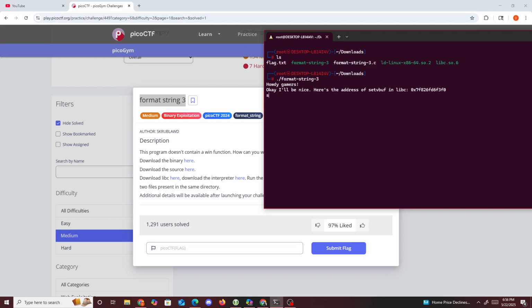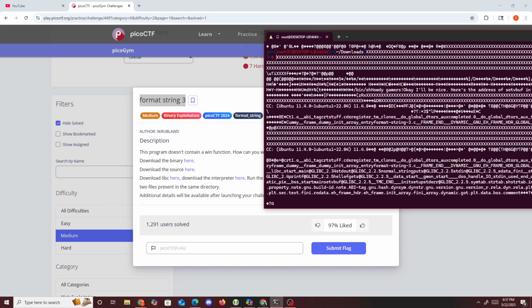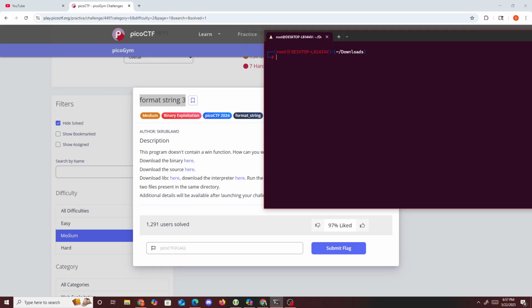Now if we type a bunch of letters, we see that it repeats them back, and it also prints out /bin/sh. So let's look at the source code. Let me just quit that. Oh, how do I clear? If we look at the source code,